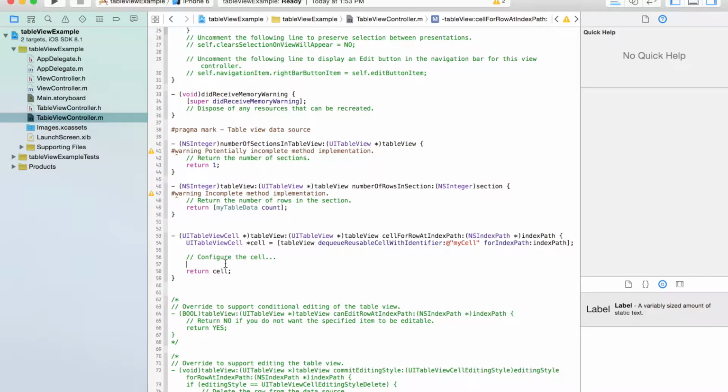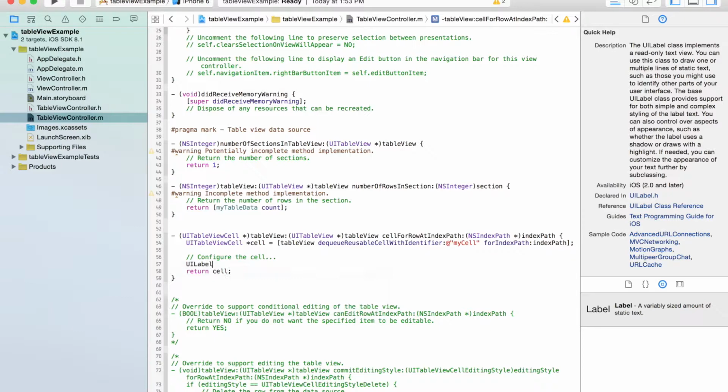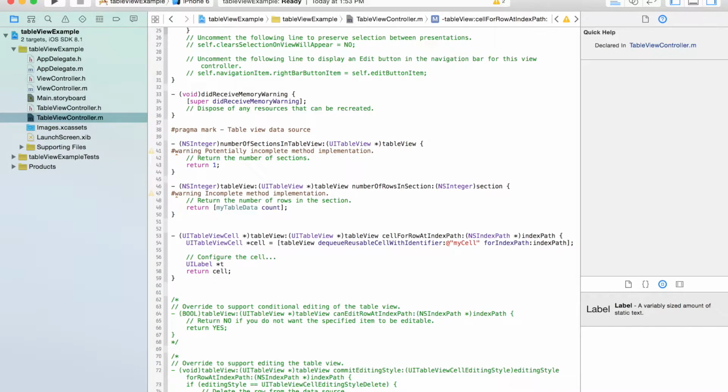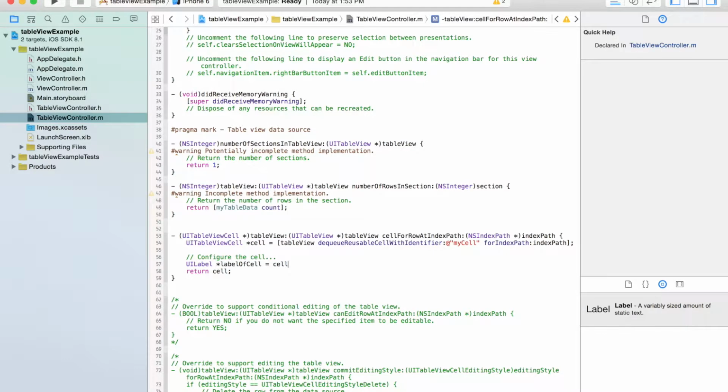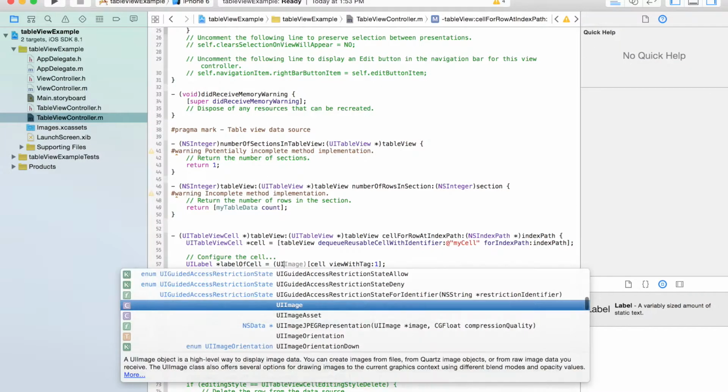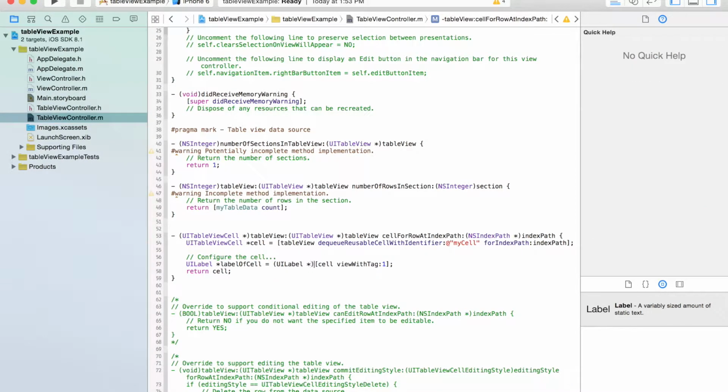So first, we are using the dequeueReusableCell with identifier method to get that prototype cell from the table view object. And then from there, we want the specific label of that cell that we dragged on that has that specific font. So for that, what we do is we take the cell object and we call a method called viewWithTag. We give it the tag. In this case, our tag is 1. So now that pointer, that label to cell pointer, points to that specific label in the cell with that unique